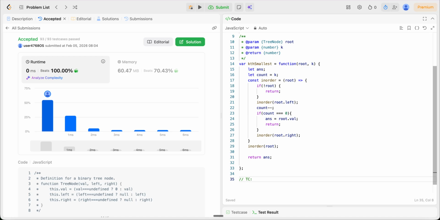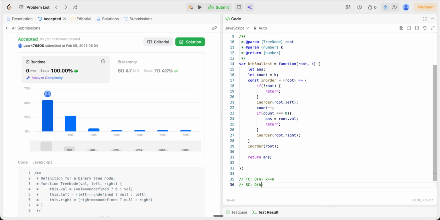So now let's understand the time and space complexity of this solution. Time complexity is nothing but big O of h or n. Basically, in the worst case it would be n. Let's say for example the kth smallest is equal to n, what I'm trying to say is k is greater than or equal to n. What will happen is we will traverse all the elements. So worst case is obviously big O of n,